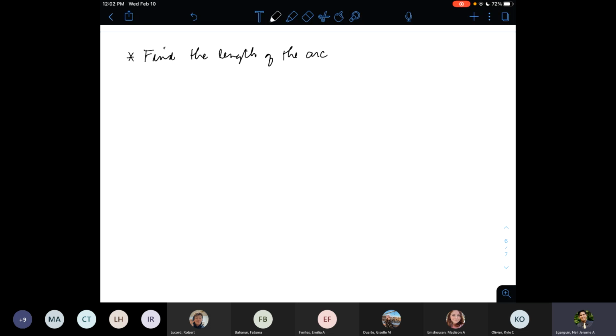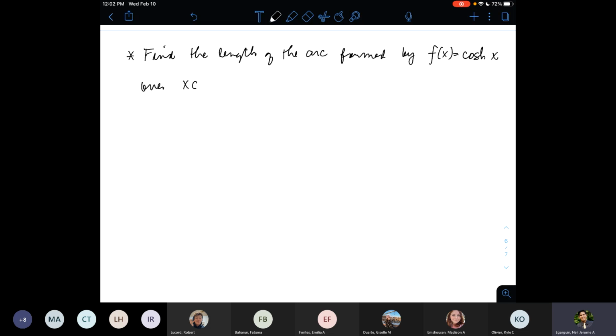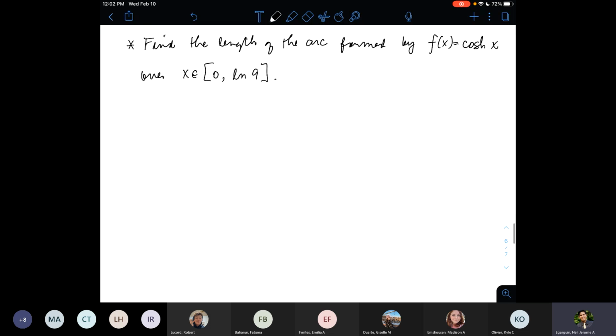So here we need to find the length of the arc formed by f of x equals hyperbolic cosine x over the interval 0 to ln 9. I picked this particular example because it will illustrate how important it is for you to remember some concepts from Cal 1. If you recall, the formula for the arc length is just an integral over a to b,